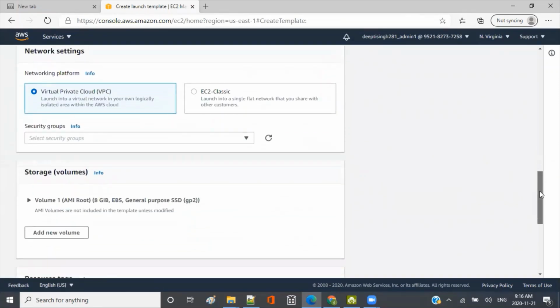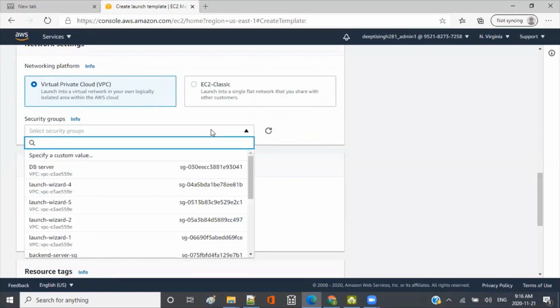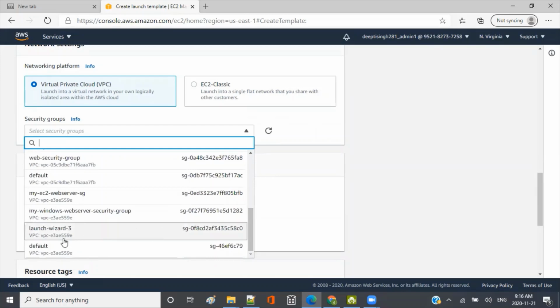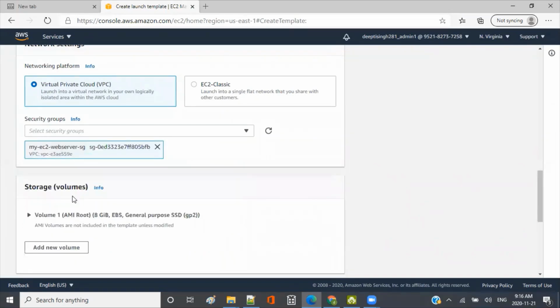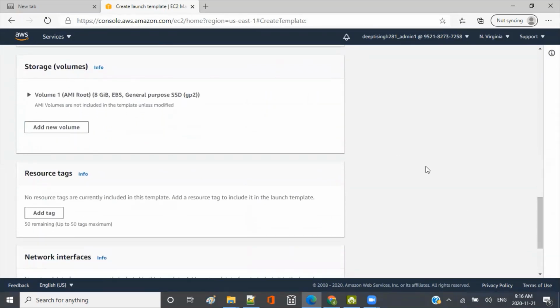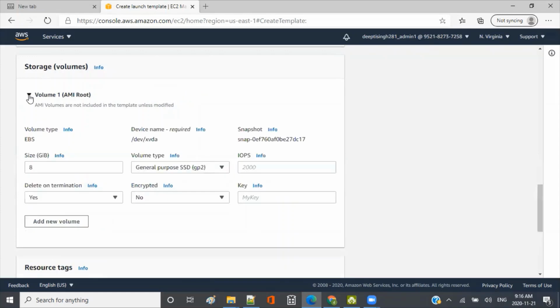Okay, then security group. I'm going to use these instances as a web server, so I'll use my EC2 web server, this one. Storage is okay.